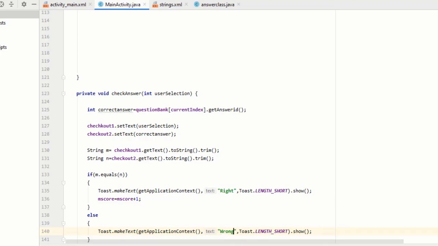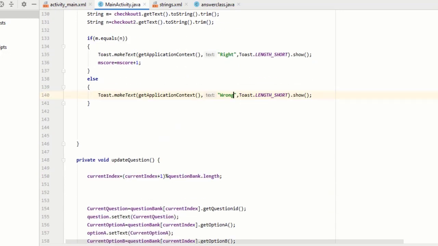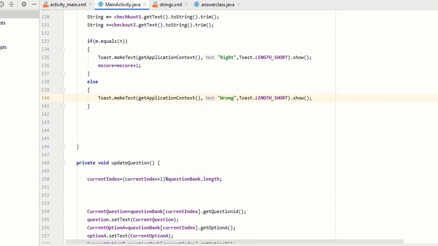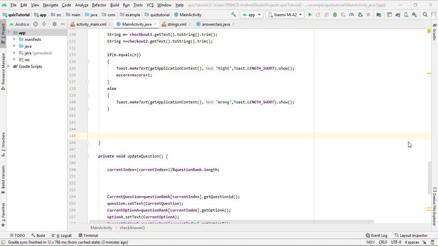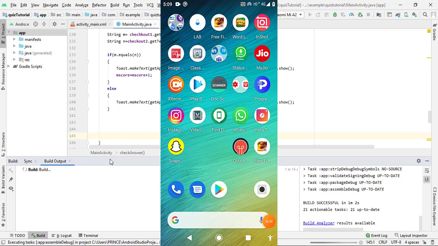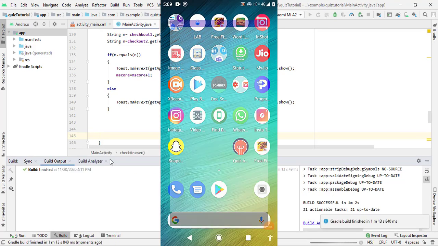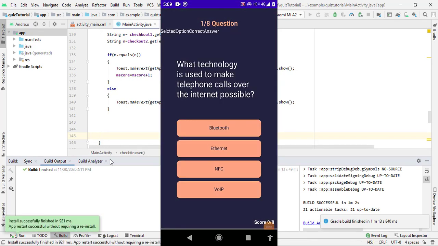Now before writing more code, or we can say before writing the dialog box, we also have to write the code for our splash screen. So before writing the code, first check our app. For checking the application, I use debugging mode on my laptop. So I connect my phone and I press the run button, and you can see Gradle start building. So now the Gradle build is successful, and you can see it installed the application on my phone. And here you can see our application installed successfully.